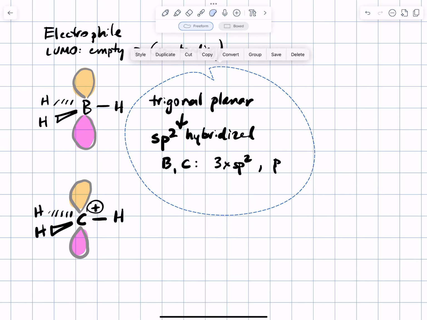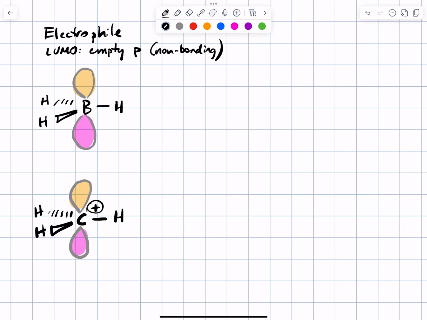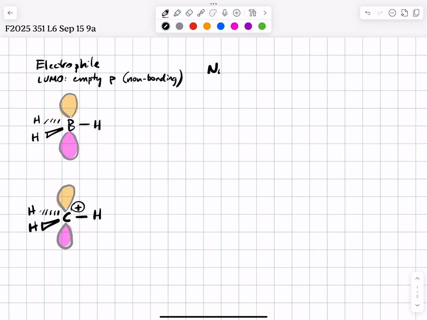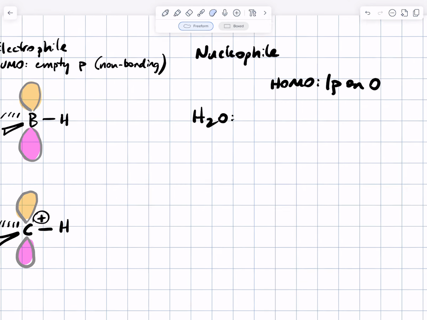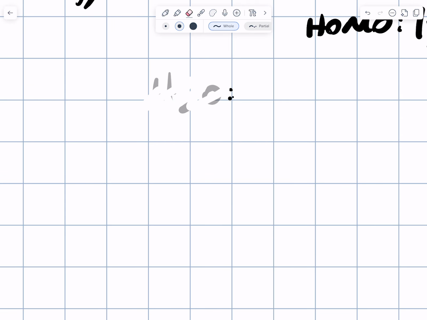That's the reasoning. Now let's show you what a nucleophile might be, and we're just going to pick a boring one, and that is water. And what do you think the HOMO is on water? It's got to be the lone pairs on the oxygen, the ones that aren't involved in a bond. All right. If you wanted to draw what the lone pair looked like on water, you certainly could. I usually don't bother